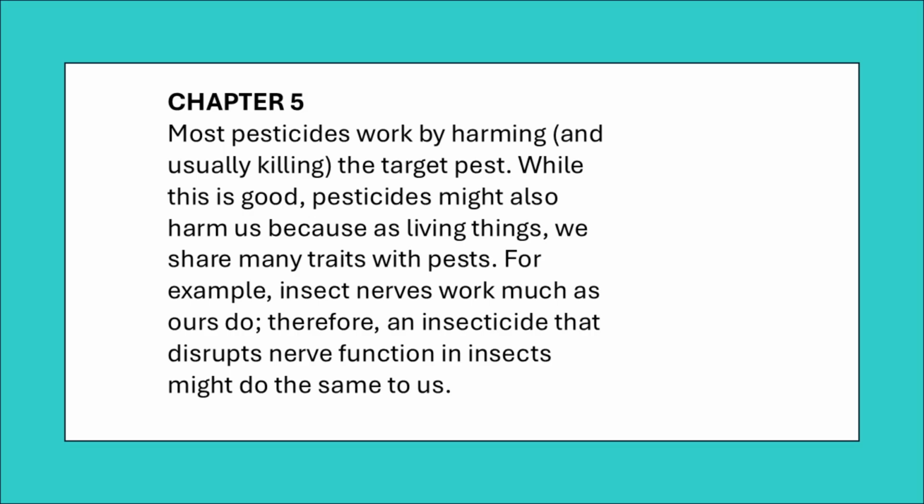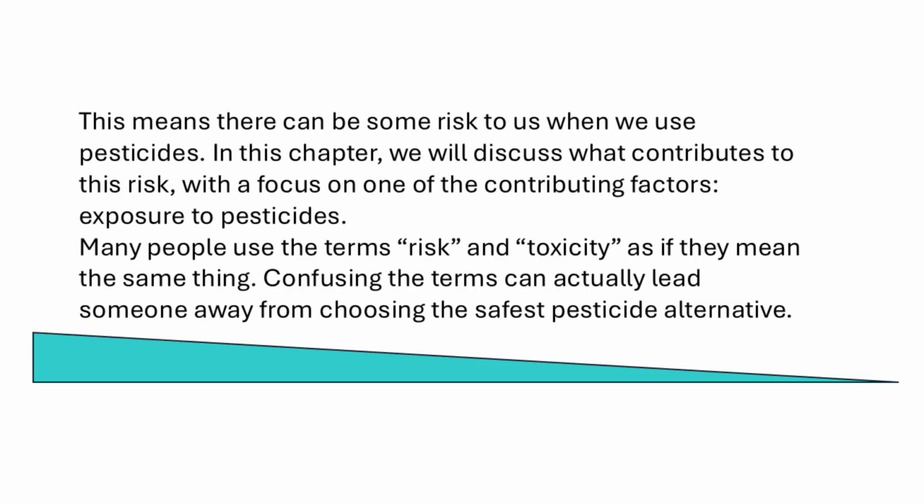For example, insect nerves work much as ours do. Therefore, an insecticide that disrupts nerve function in insects might do the same to us. This means there can be some risk to us when we use pesticides. In this chapter, we will discuss what contributes to this risk with a focus on one of the contributing factors,